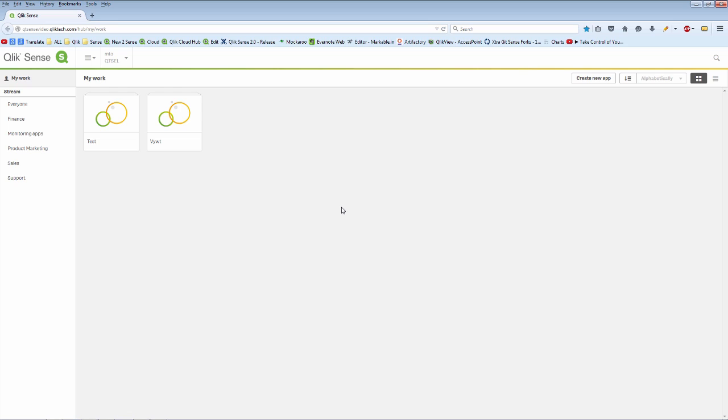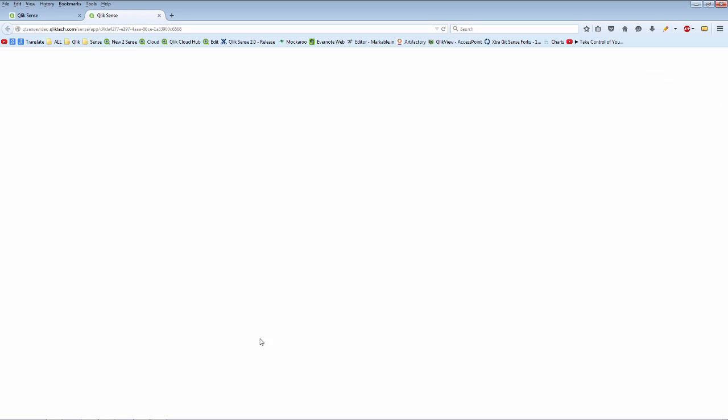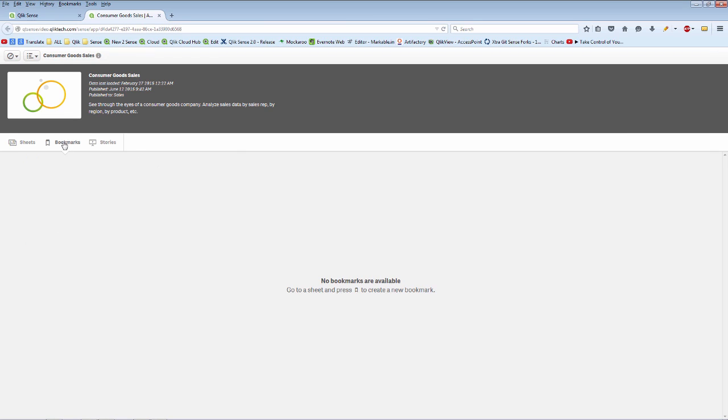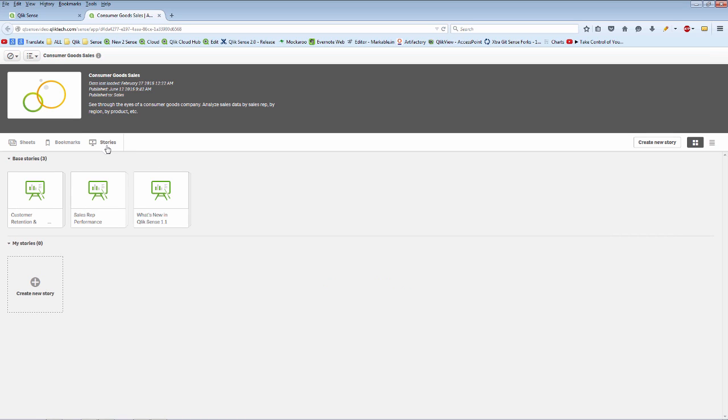So within this view here we have what's called the Qlik Sense Hub, and the hub has streams, and what streams are is just a way of organizing and securing content for individual users. So based off of the user ID that I'm logged in with, I have access to a particular stream. So streams help organize and secure analysis. Here I'm interested in the Consumer Goods Sales app, and I click on that app and it brings me into an overview of the app that shows me all of the sheets that have my visualizations, as well as bookmarks, which are predefined selection states, and data stories, which are narratives of my findings that I've collected through my analysis and then want to present to my management team later on.